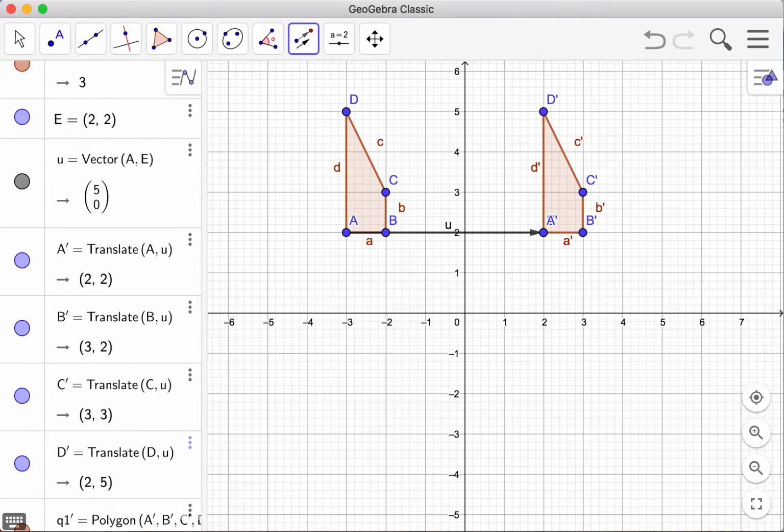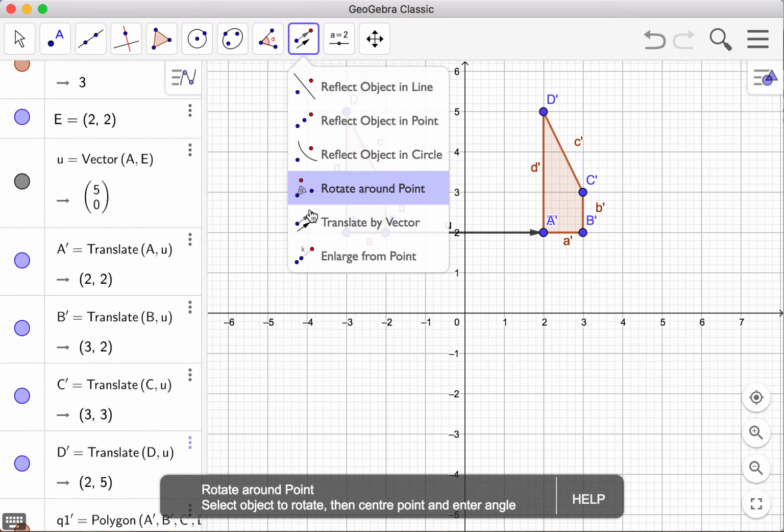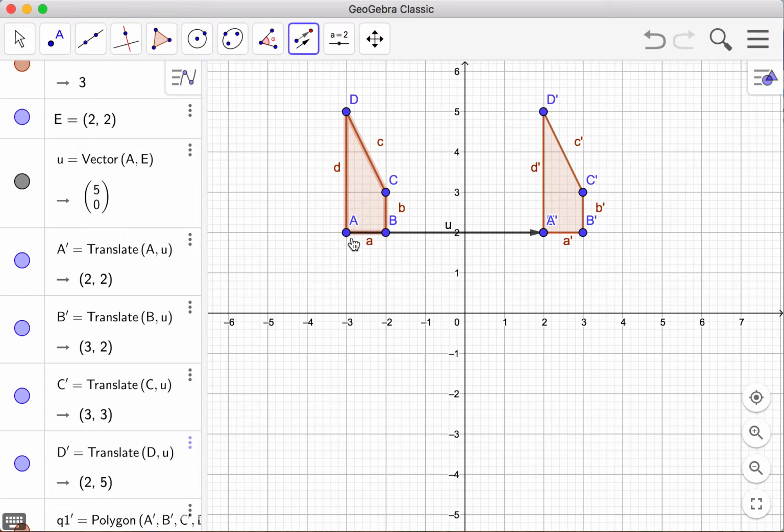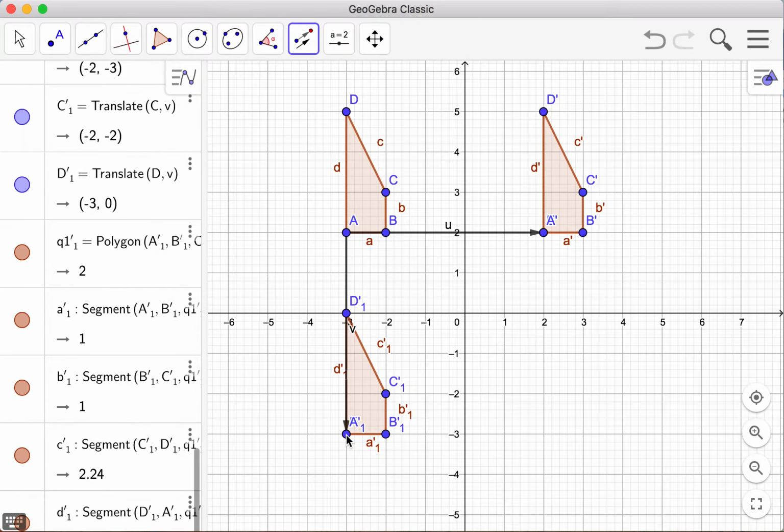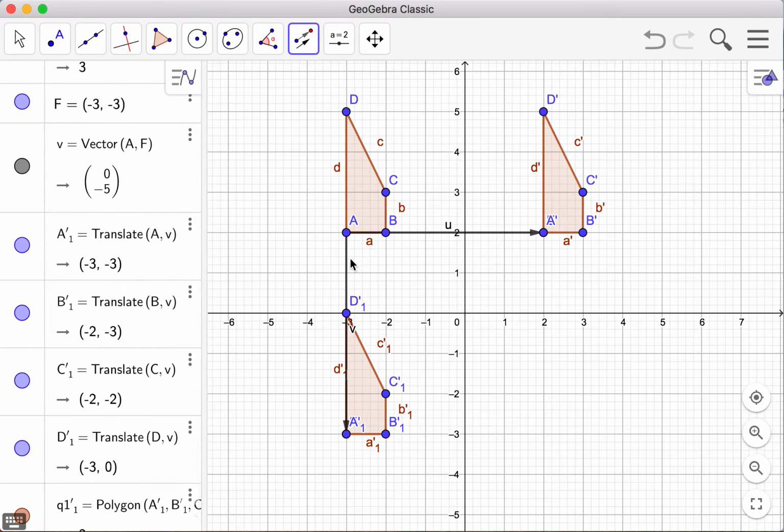Now let's do a vertical translation. So we do that again. Translation, click the diagram. From here, I'm going to go downwards to the third quadrant. Because I click on A, A will be the representative of the whole image, the whole translation, and our new vector will be (0, 5). Moving 0 left and right in the horizontal direction, and in the vertical direction it's moving downwards,